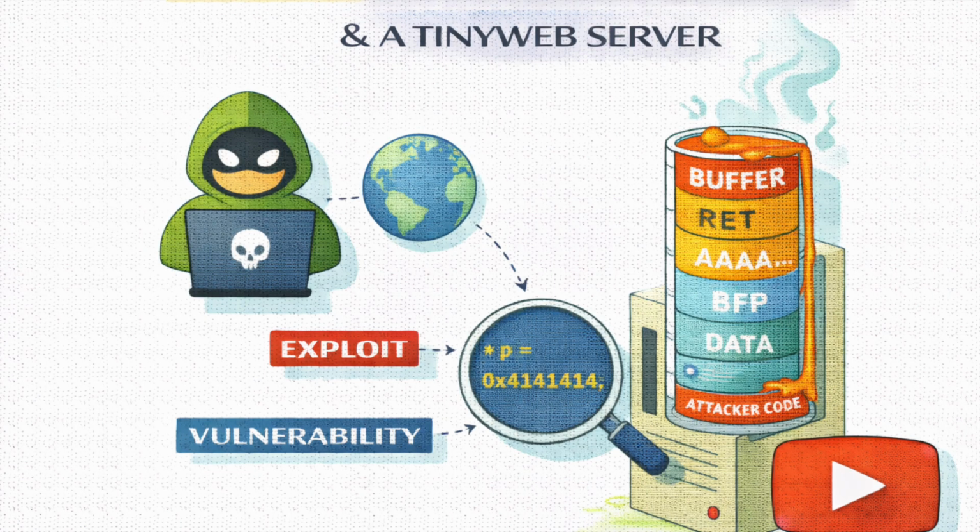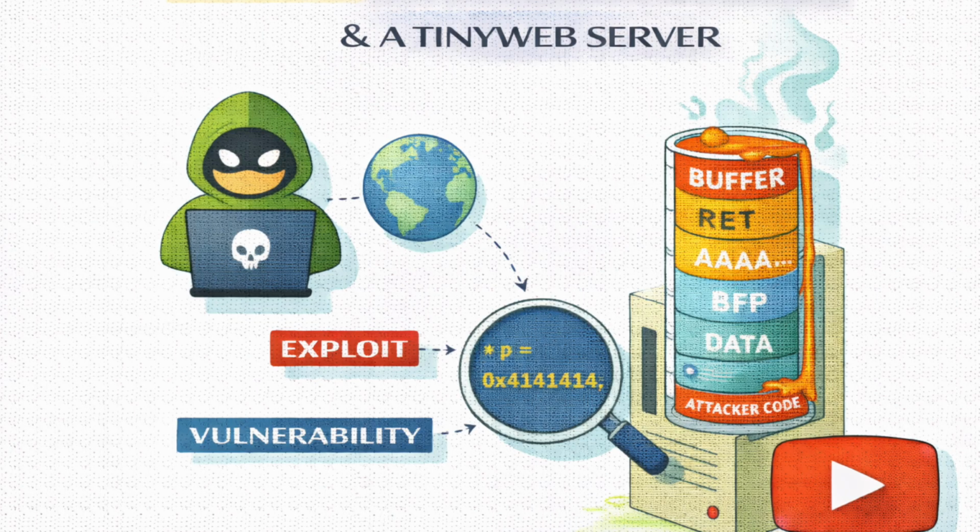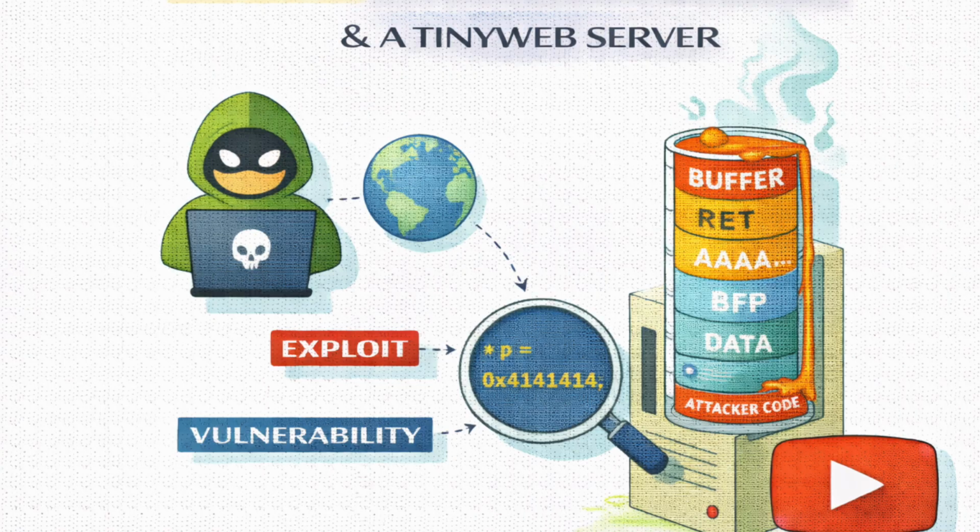Worse, you're spilling your drink on the instruction manual because one of the things stored on the stack right next to our data buffer is something called the return address. This is the bookmark, right? That's a great way to put it. When a function finishes, it looks at that bookmark, the return address, to know where to go back to in the main program. It's like, I'm going to go get the mail, but when I'm done, I need to come back to the living room.